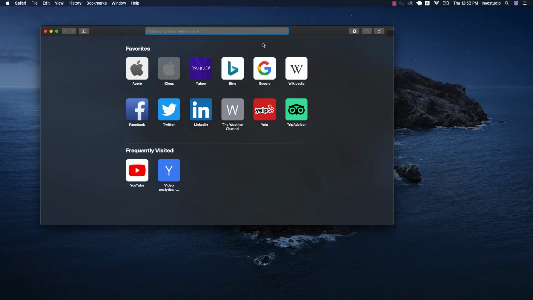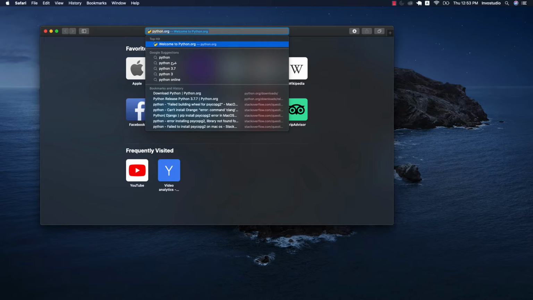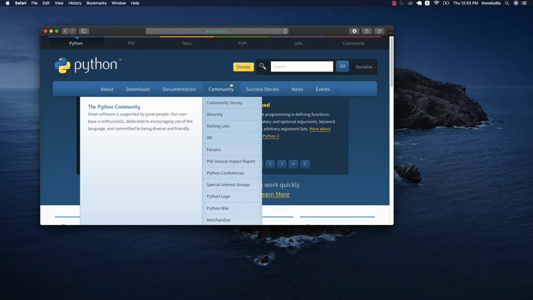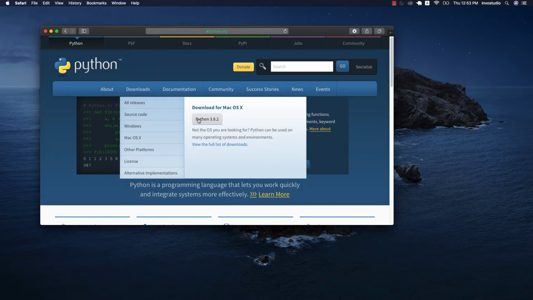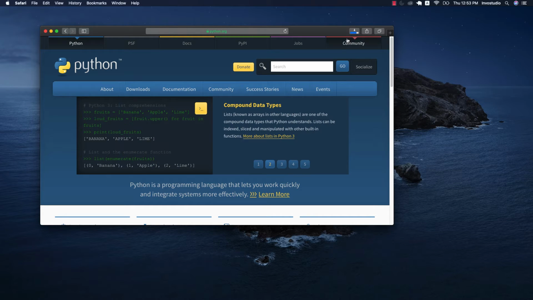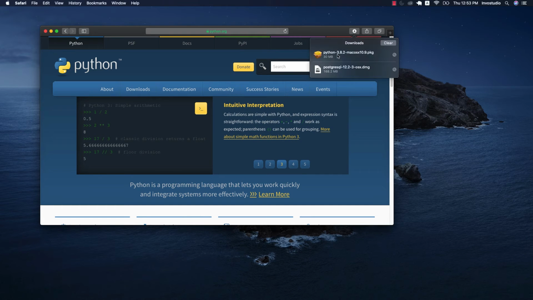And what we are going to do in this lecture is we are going to install some of the tools which we need. So the first thing is that we have to install Python, and we will go into python.org. We will download the latest package for Mac OS. Let's download it. So once it is downloaded, we will install that. It's very easy. You just have to continue the steps and then you will be able to